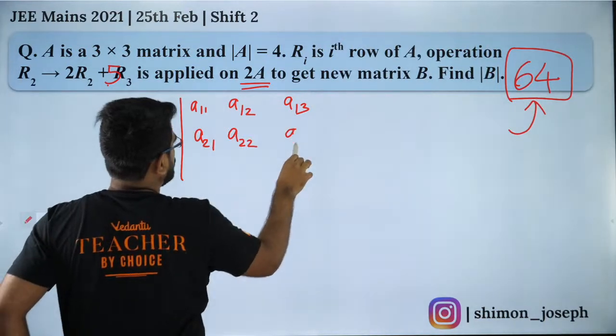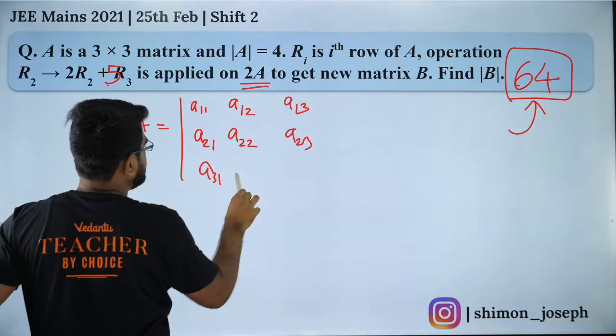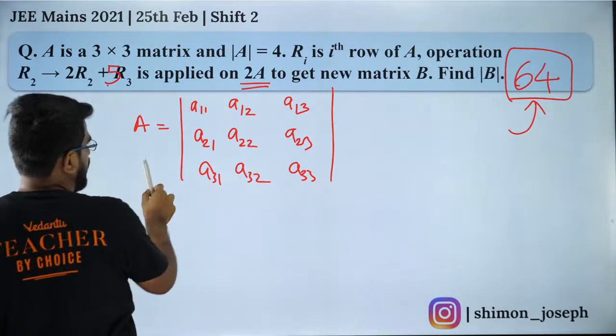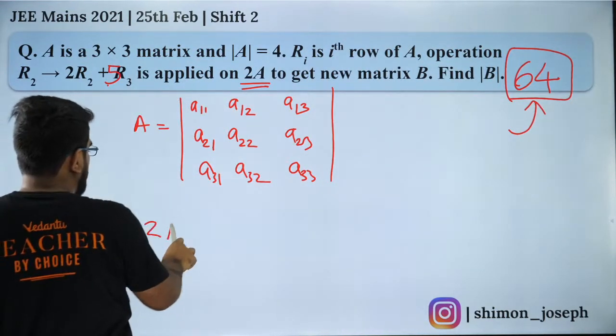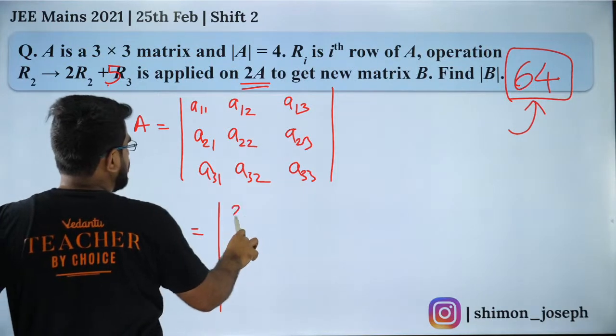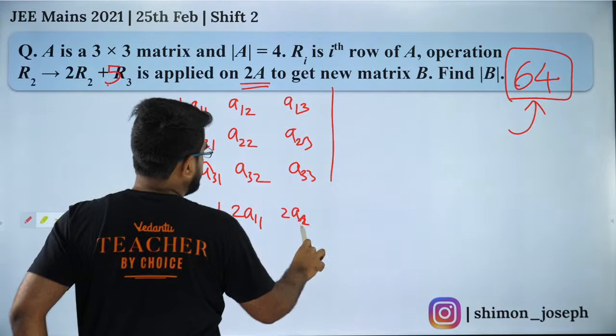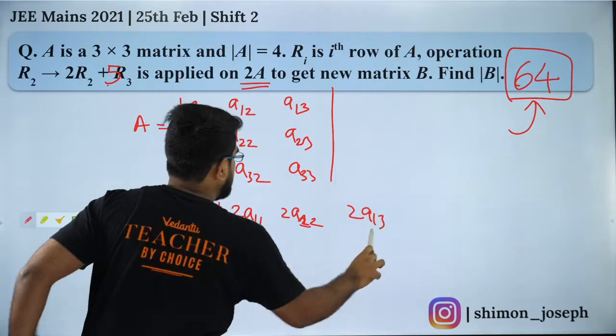A21, A22, A23, A31, A32, A33. So this is my det A. Now I want 2A. So 2A will be what? 2A will be 2A11, 2A12, right? 2A13, and then you have